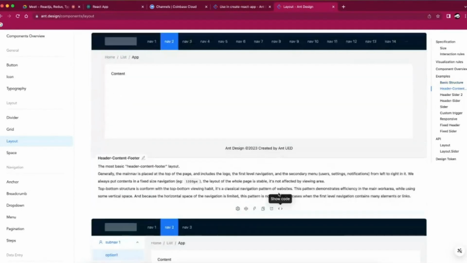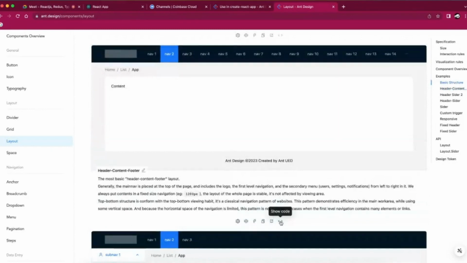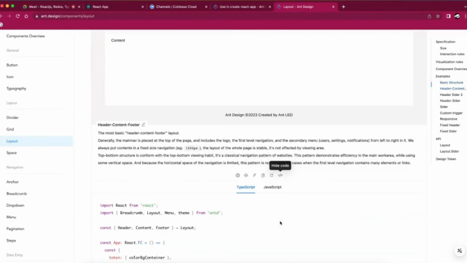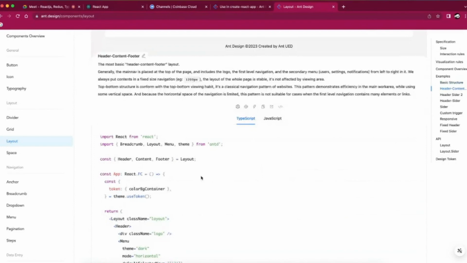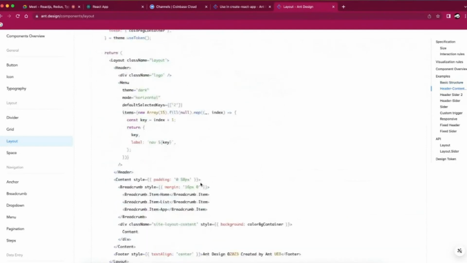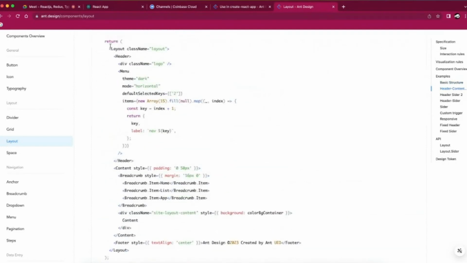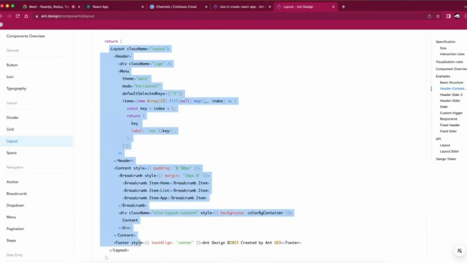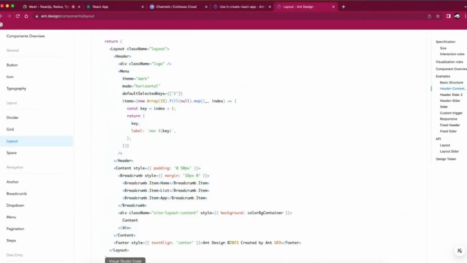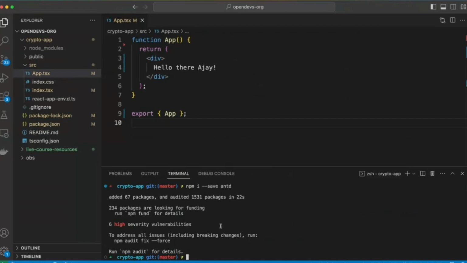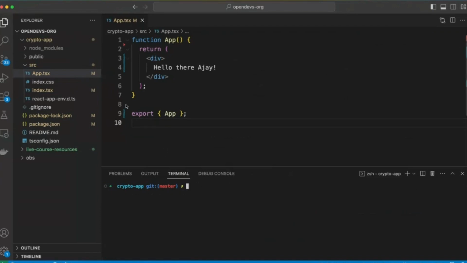If you want this one, click on this show code button, and it will show you the code. And we are using TypeScript, so it will show me the TypeScript code, and you can just copy paste it and tweak it accordingly. So I'm just gonna copy paste it. Let me do Ant Design installation once, and then I will show you. So Ant Design is